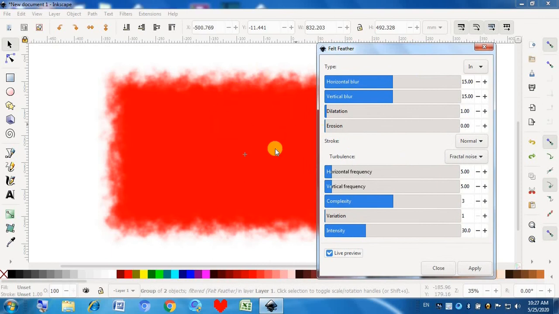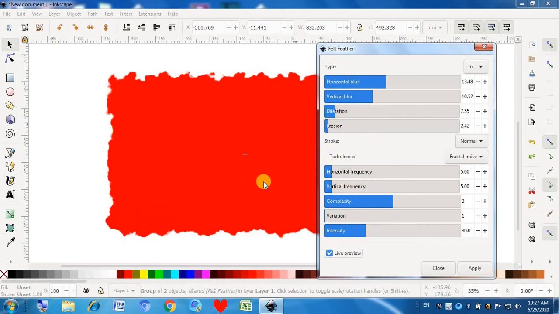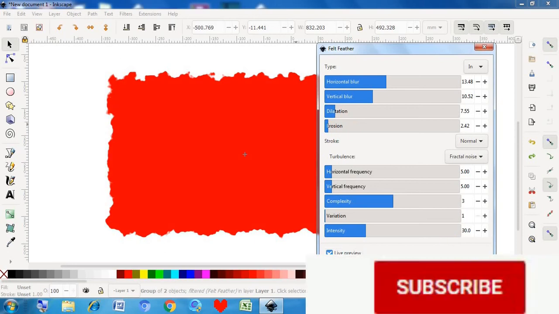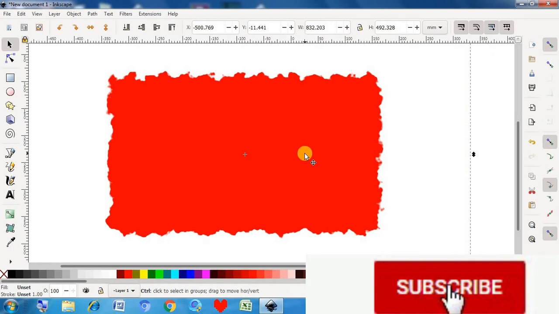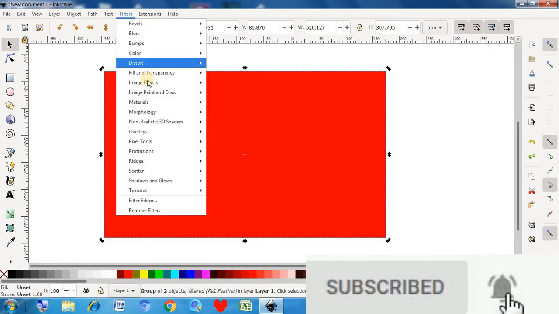As you can see, this is how you can adjust vertical blur, horizontal blur, dilation, erosion. See this, it's so cool. This effect is really great. I love this.